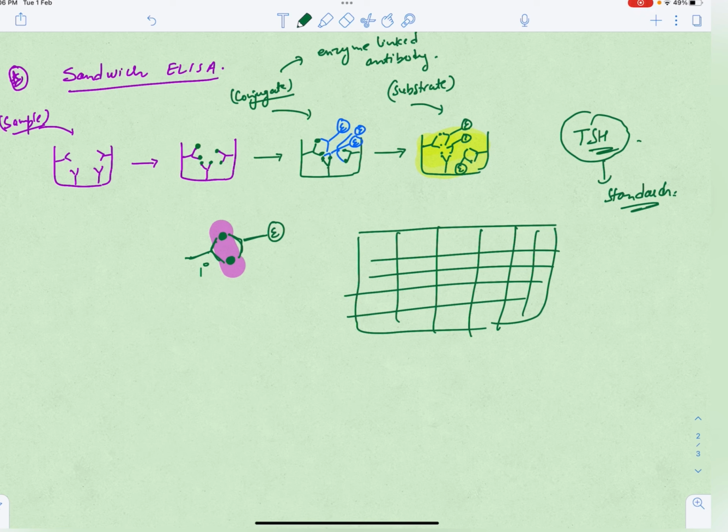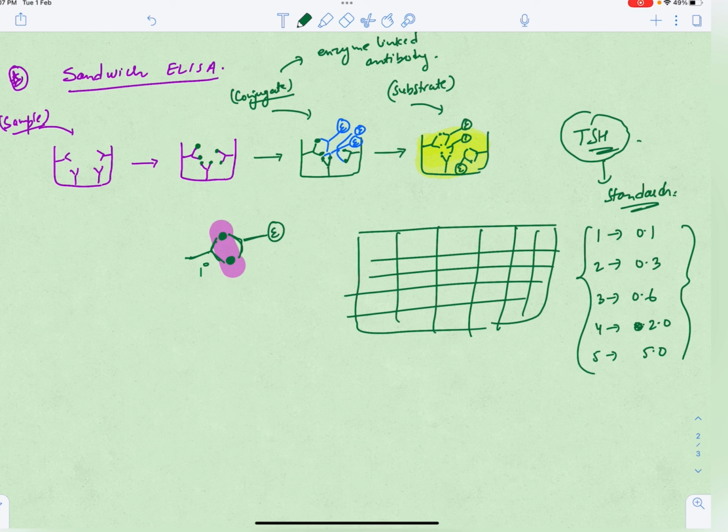Usually in most of the kits there are either 5 or 6 standards containing different concentrations of TSH. Suppose standard 1 has a concentration of 0.1, standard 2 has 0.3, standard 3 has 0.6, standard 4 has 2.0, and standard 5 has 5.0. I'm just supposing, it is not actually like that. There are standards with higher concentrations also. I'm just telling you this to make you understand a bit better.